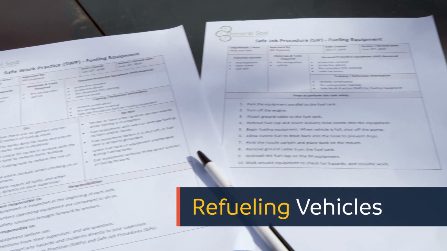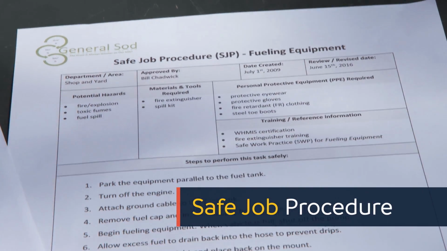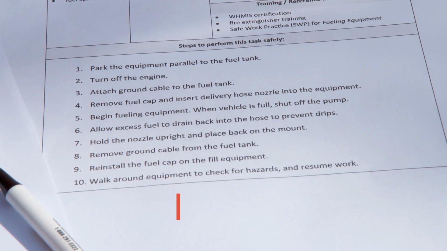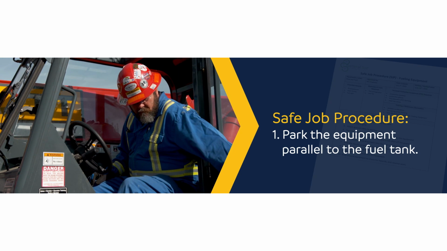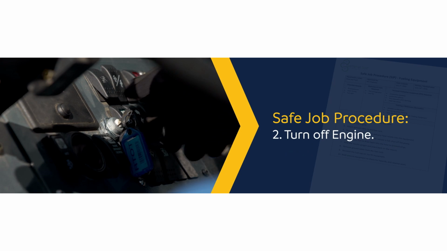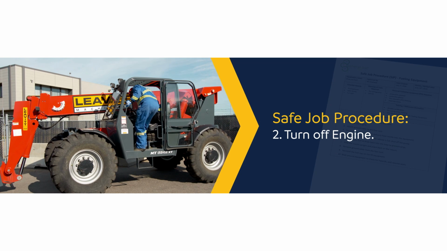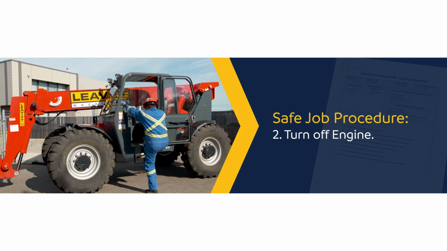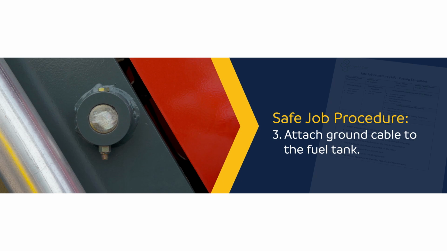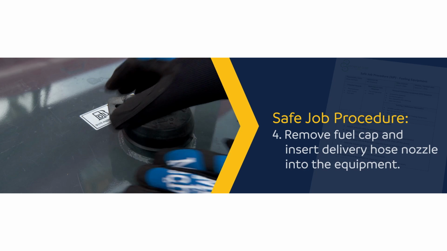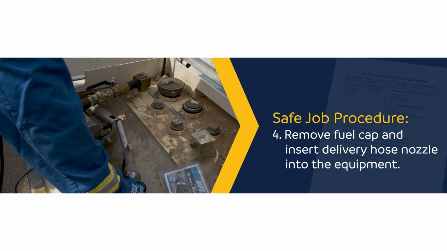The safe job procedure for fueling equipment would then list the step-by-step process to successfully and safely complete that activity. The first step is to park the equipment parallel to the fuel tank. The equipment must be turned off, and no one should remain inside the vehicle while it's refueling. With the vehicle securely in place, attach the ground cable if applicable. Remove the gas cap. At this point, the pump can be turned on,